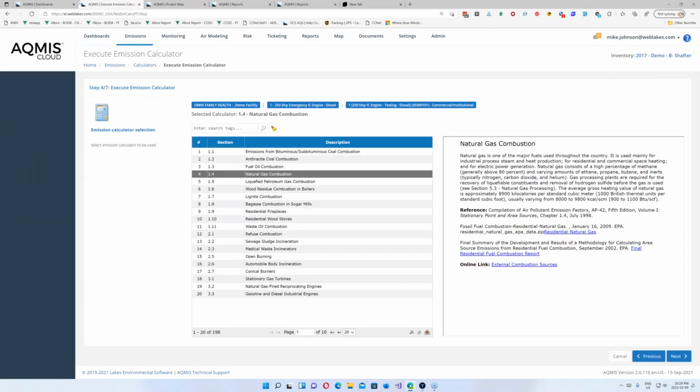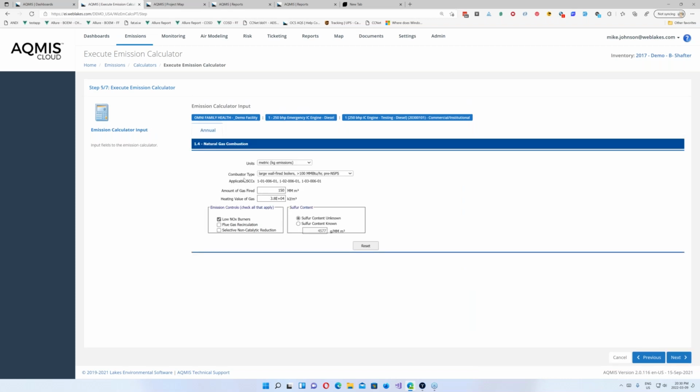Now, if I wanted to look at the inventory, I just wanted to show something about the calculators. So we can show all the AP42 calculators, as Jesse said. I can go forward, I can choose natural gas. I can enter the values for the amount of gas fired, the heating value,